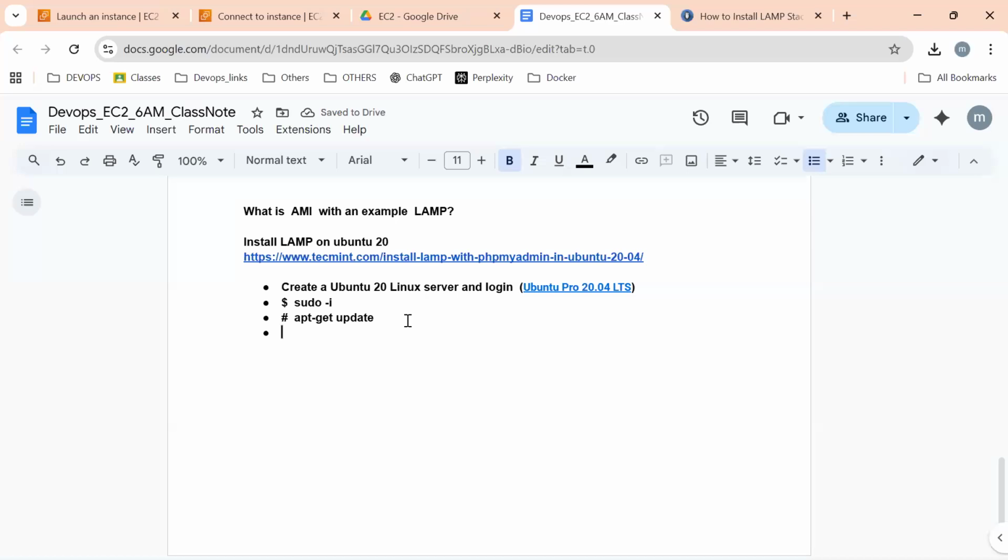So whether the command is working or not, we need to cross check, then start implementing. Okay, directly don't try to do that. So for example, what is the agenda? I want to practice for the AMI. Okay, what is AMI? We want to understand with example called LAMP create. But for that we are installing LAMP on Ubuntu 20. That means we take in Ubuntu 20, we just make it ready also.